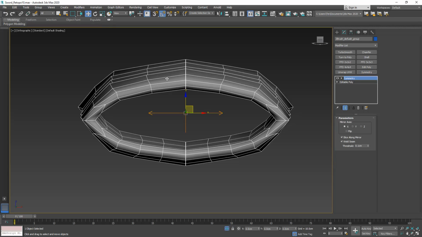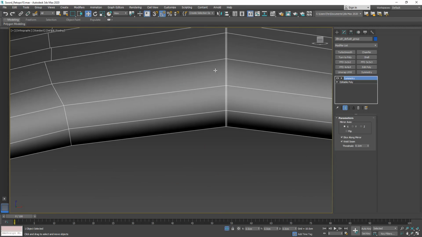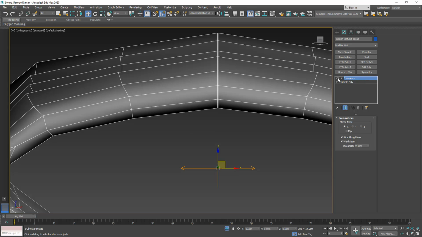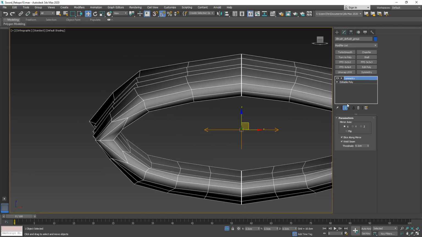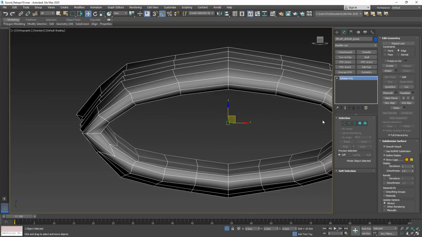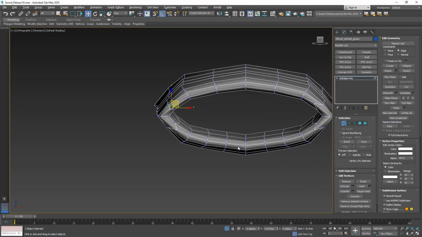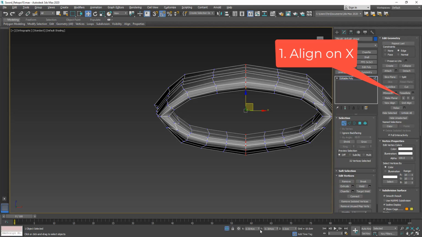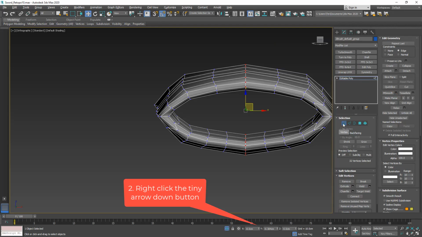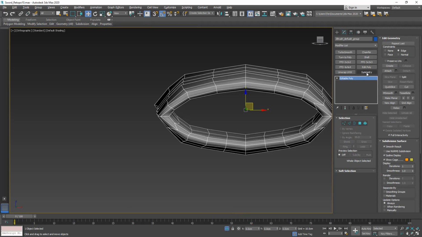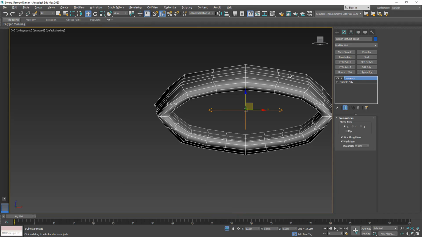And now I'm gonna use symmetry modifier, and something is slightly offset there. So what I'm gonna do is select all these vertex points here, and for some reason this is not perfectly at 0 on the x-axis. I'm gonna align it on X and then right click this little arrow button. So now this is perfectly centered and we can use our symmetry modifier. I'm gonna flip it,